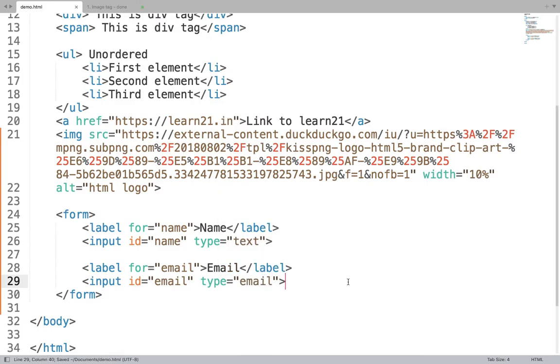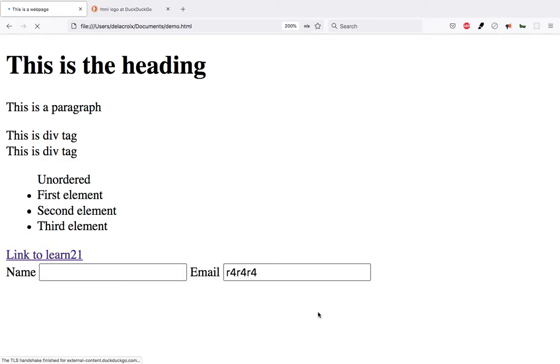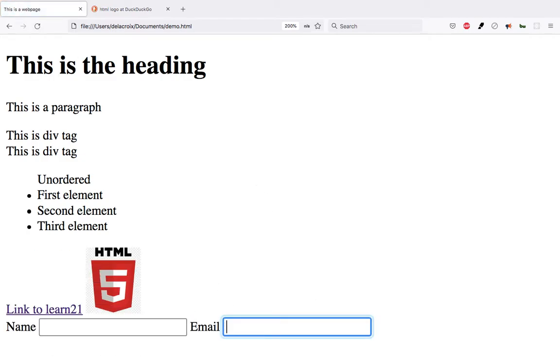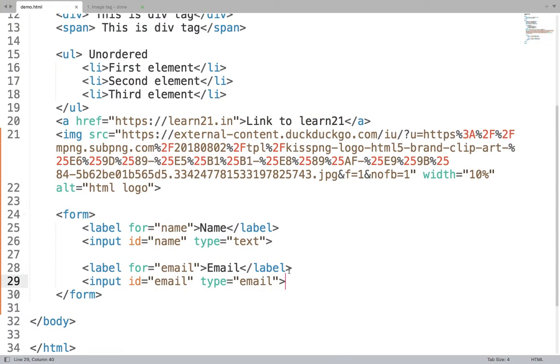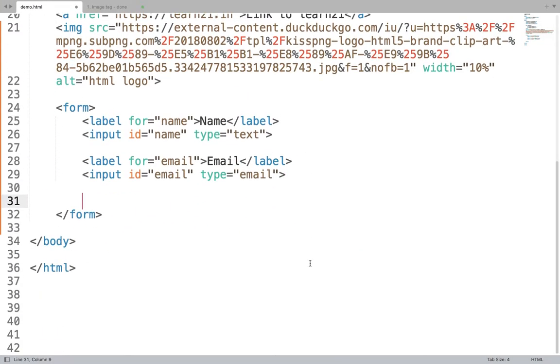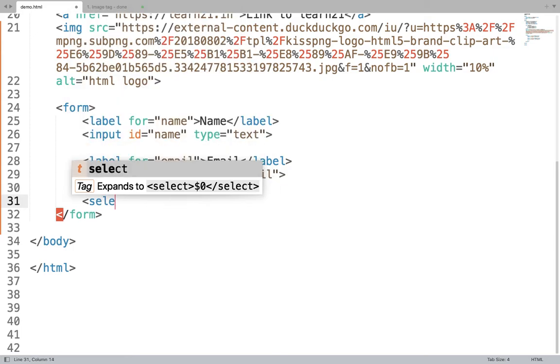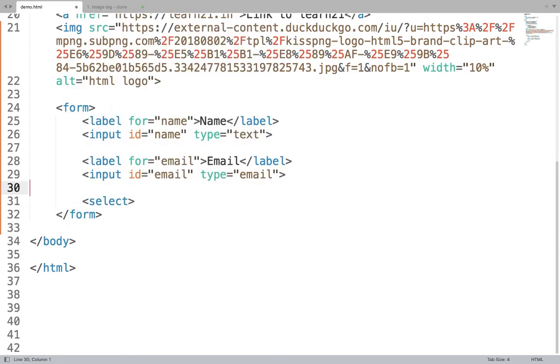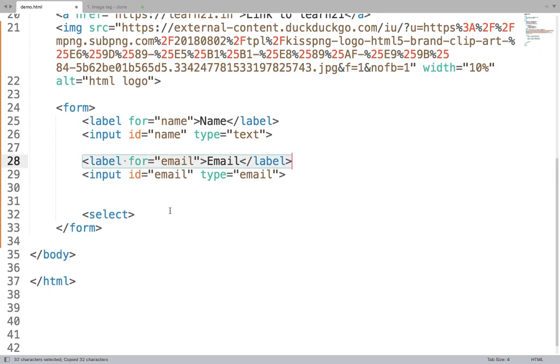Let's see what we have now. So you get an email field as well. This is the label. I click on the label, this is done, right? And similarly, there are other elements as well. There can be a drop down, right? For that also we can have a label. So I can maybe say state,